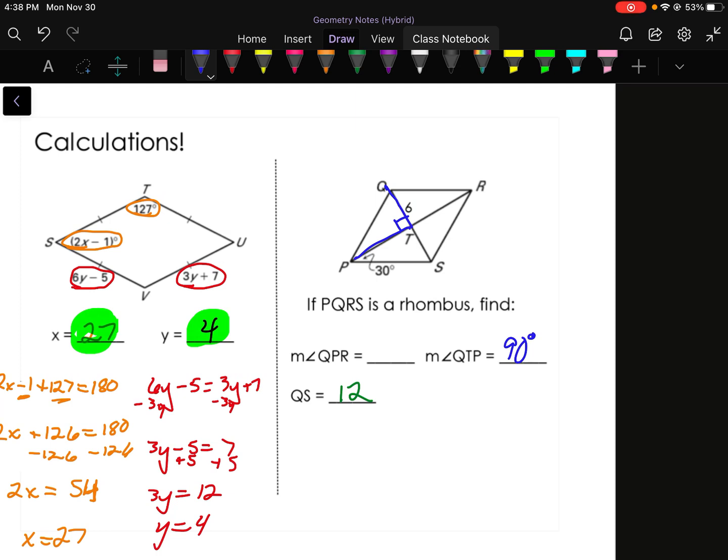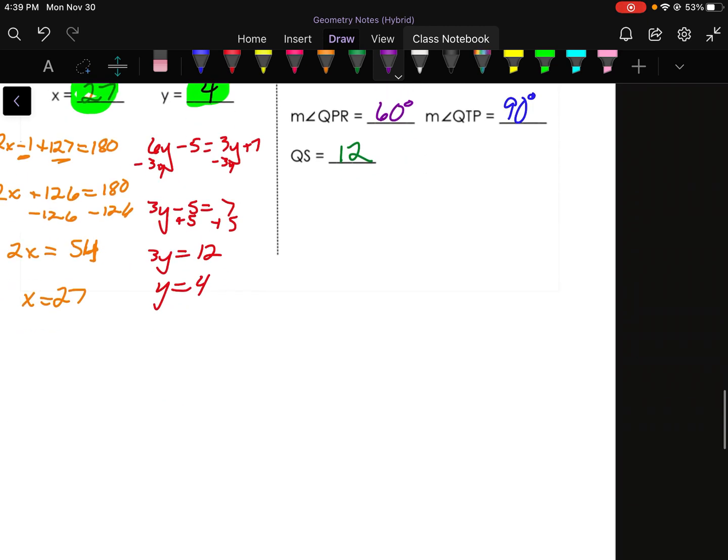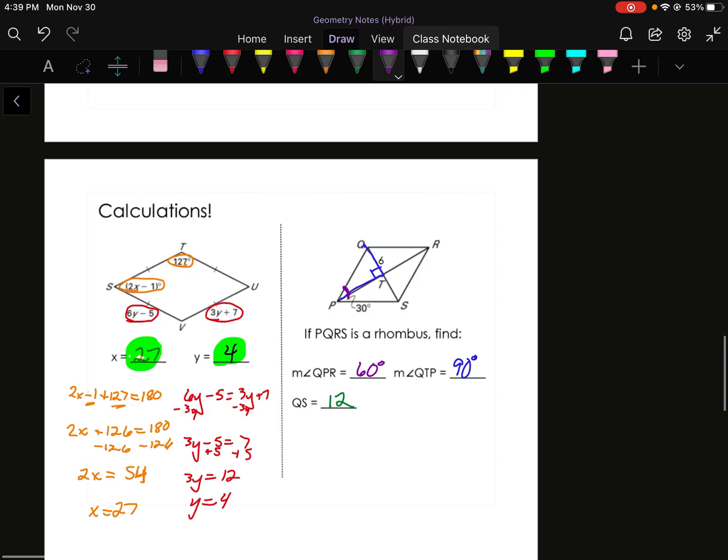And then it says measure of angle QPR. So that's this angle down here. Excuse me. So that is going to end up being 60 degrees. And that takes care